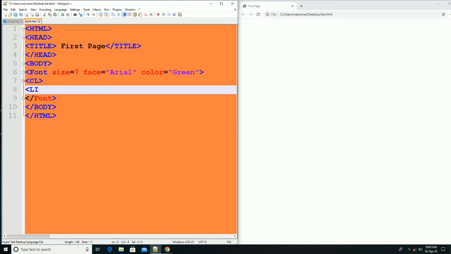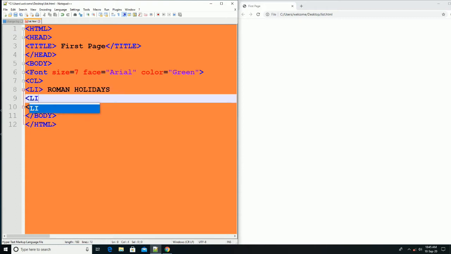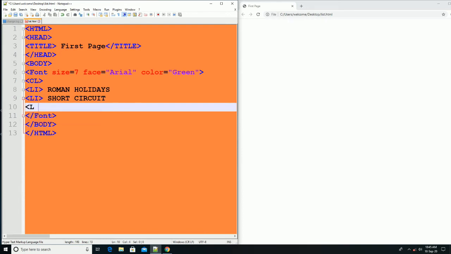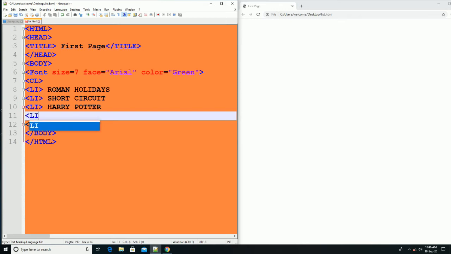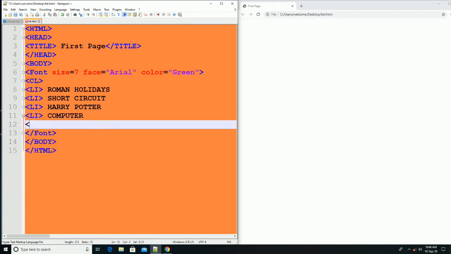Here the OL tag is used for the ordered list and the LI tag for the list item. And after that, closing the OL tag.